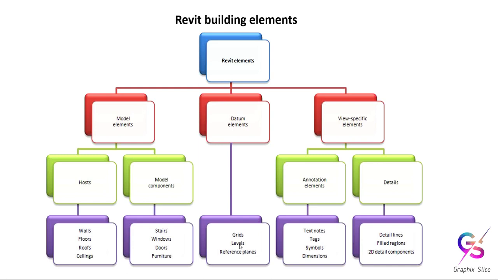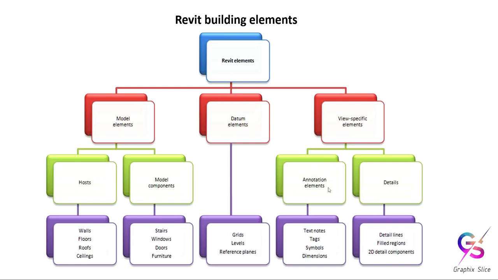Levels are essential in Revit, so we didn't use levels in AutoCAD. Levels here represent the height, nothing but the floor plans. When we are defining a floor plan, ground level, first floor, second floor, for that purpose we need levels. Grids are the same as in AutoCAD, and here also we are using grids, just to specify the blocks.